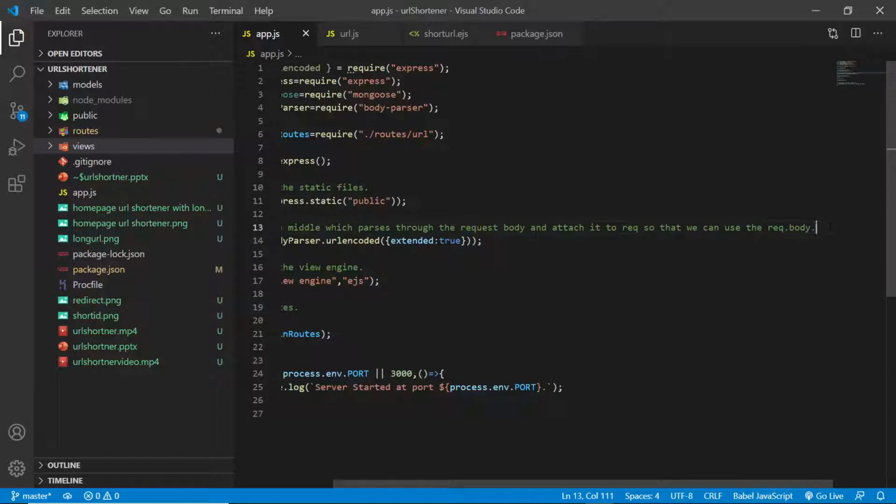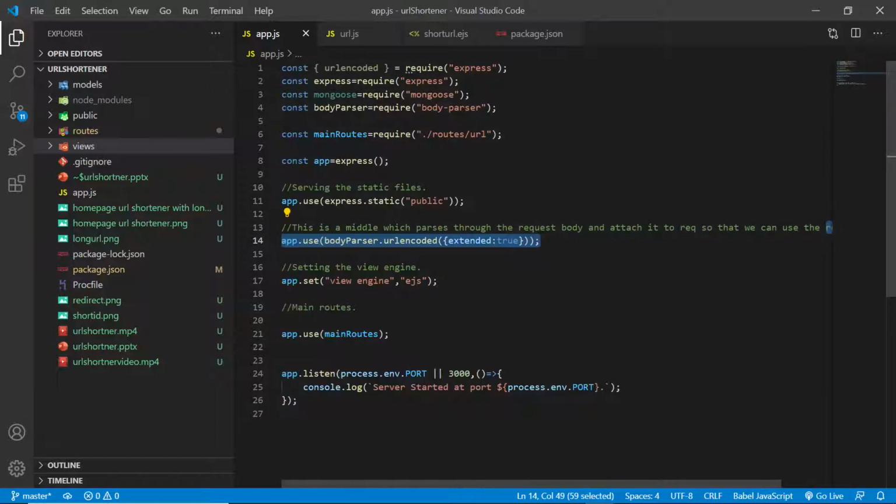So that we can use this request.body, and inside that we have so many properties that will be coming from the client side. When there is a post request, we can access that information using request.body by setting this piece of middleware. What is this middleware? It runs irrespective of which particular route has been entered in the browser.